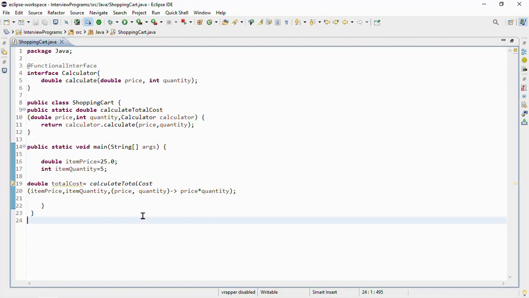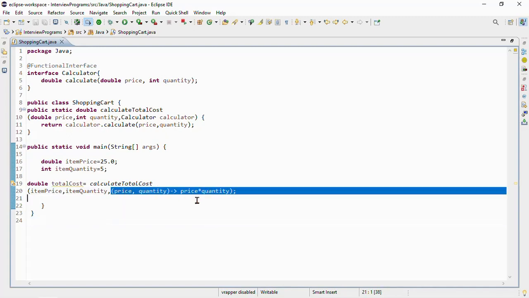So friends, what we have done here: we have a method calculateTotalCost which we already defined here. Okay, which takes the item price, quantity and the calculator function as parameters to calculate the total cost, and later on we calculate the total cost. We are going to calculate the total cost using the lambda expression. Okay, this is our lambda expression. Okay friends,